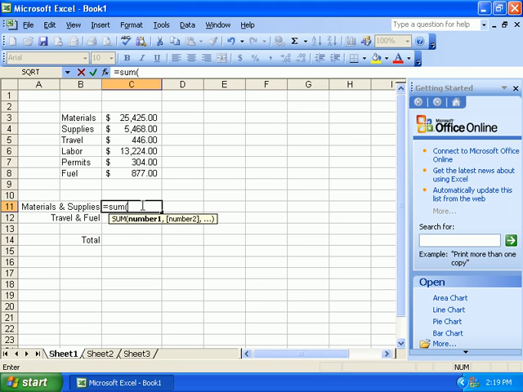So in this function it's called sum, and what sum does is add one or more cells together to give you a total of those cells. So all the cells that you're wanting to add would be considered arguments or parameters. So the first cell that we want to add is cell C3. Now I'm going to show you several methods that you can input cell references into your formulas, but the first one that we're going to use is just to go ahead and type the cell directly. So I'll do C3,